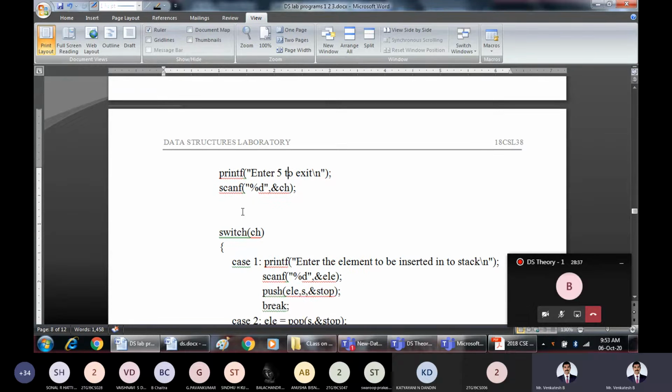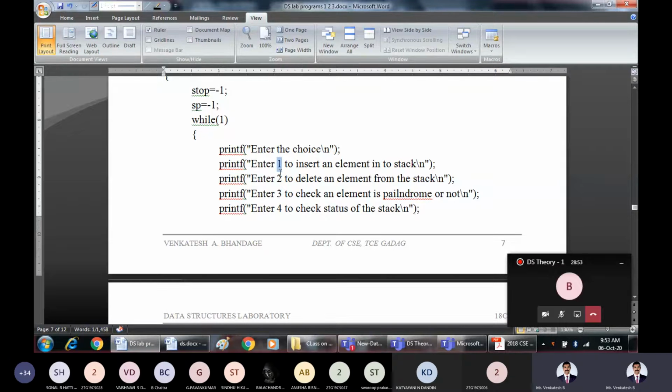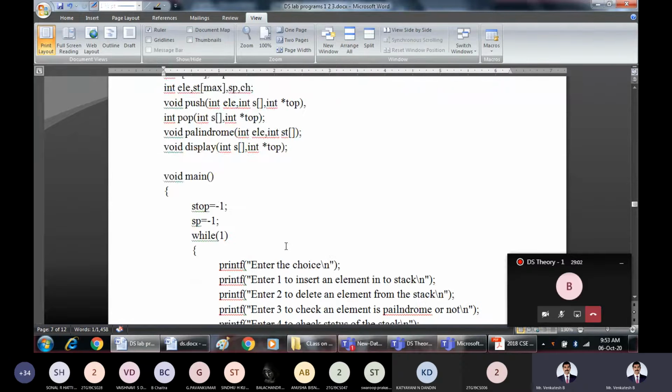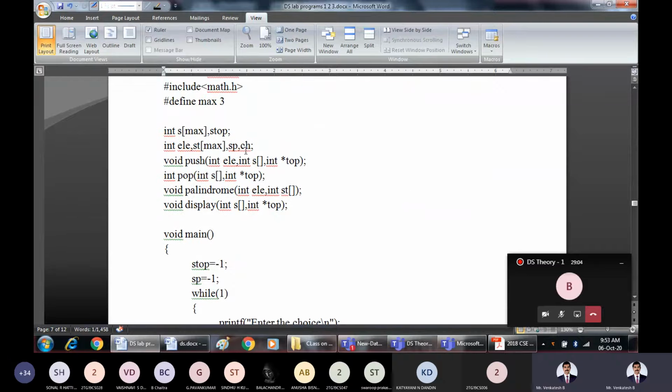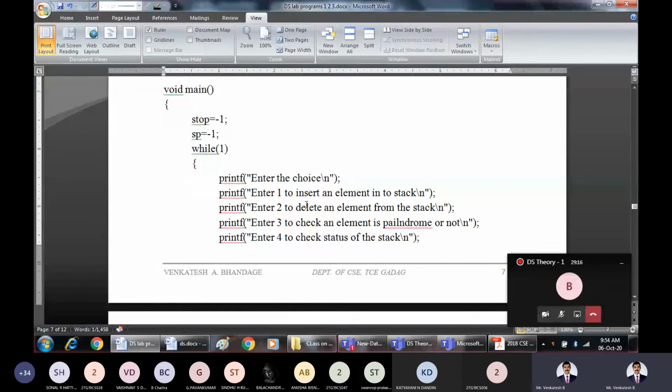So when you have given some set of operations, you will be asking user to select any one of the options. That is, scan that option and store it in the variable called ch. So what basically ch will contain now? If you enter 1 or 2 or 3, 4 or 5, whatever option you are entering, that will be stored in this ch. Ch is an integer variable which is going to contain the option given by the user or the programmer. Now we know this iteratively it is going to show up.